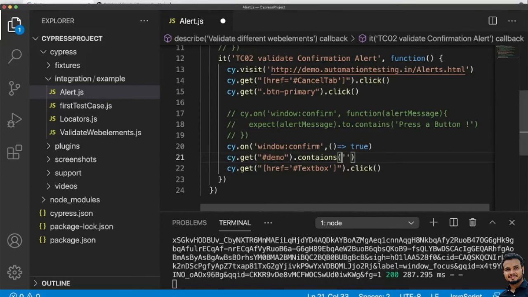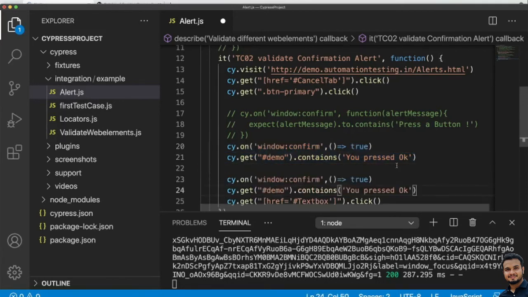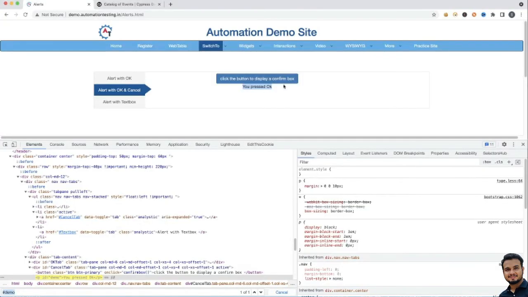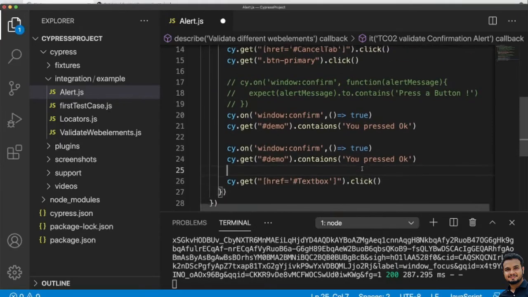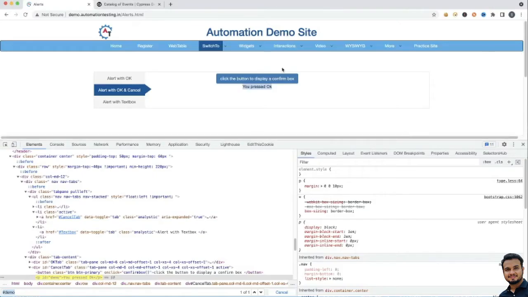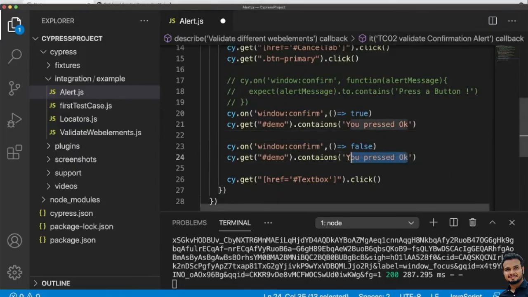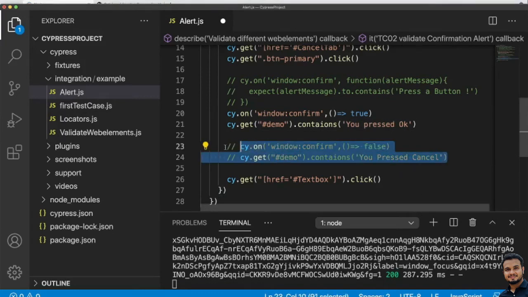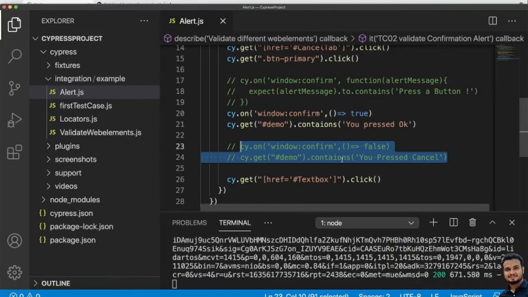This should be your message, right? Similarly, if you just want to validate whether it is false, or you want to just click cancel and validate, then you just make it false. And when it is false, then it should be you pressed cancel. That's all.